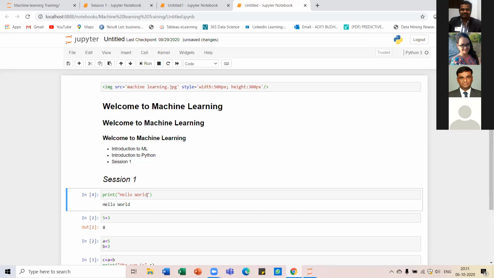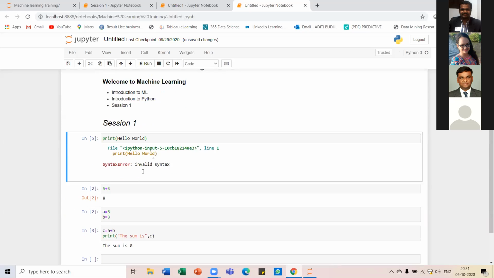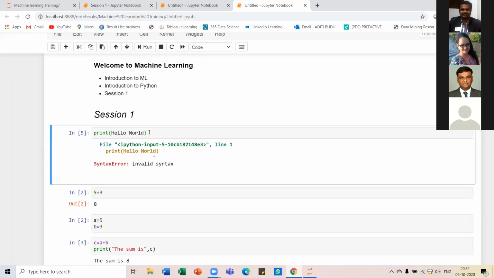Okay. Now, in this case, for example, Aditi removed the quotes. Did you see where the error was coming in? The compiler, the kernel, was pointing out where the problem is. Check there. Just come down a bit, Aditi. It's clearly shown that the error is in this place. You need to find that out now. You get that? How to debug the error.